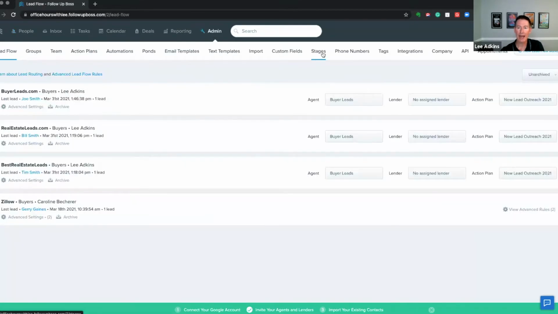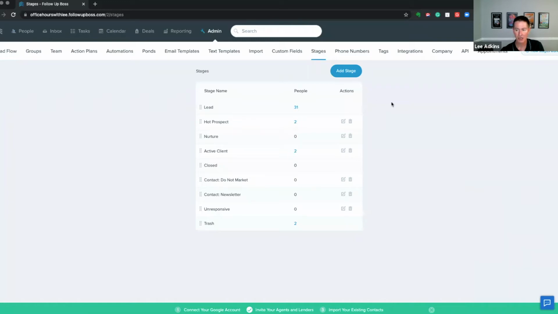So I guess hopping back into the stages, I'm trying to think if there are any other relevant stages. I'm a big fan of active client and then tagging buyer or seller. If you want to use a buyer stage, I would still recommend naming it active buyer or contracted buyer or something to that effect, because the problem is people just move people to buyer because they're a buyer lead, but then the system's not really working for you. You just have all these people in buyer, but they're not really buyers, they're just buyer leads.